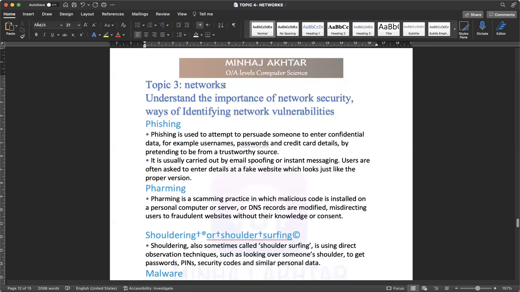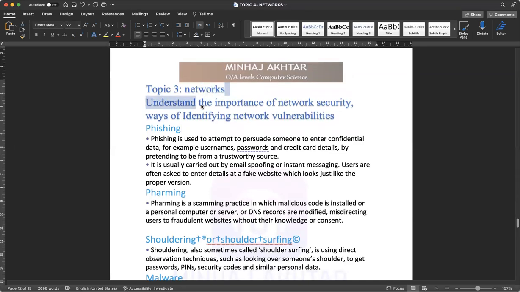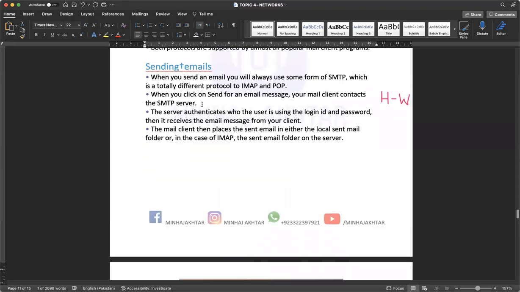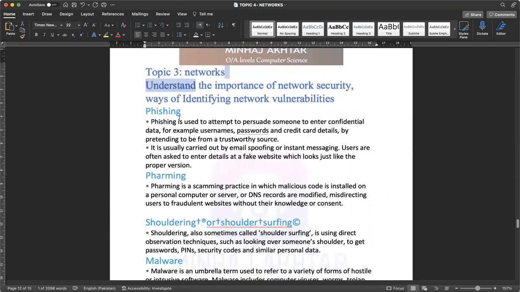So, in the topic of networks, we have done how we receive files through email and how we send emails, and now we are going to start the topic of understanding the importance of network security. It means once you connect to the internet, you are connected with the whole world and you are 101% being targeted by any hacker, any phisher, any farmer, anything. So the internet is a kind of a web